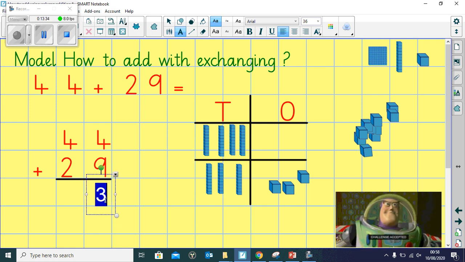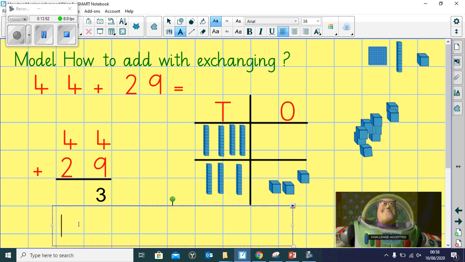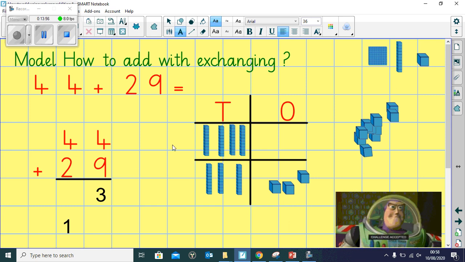But I need to show that I have made an exchange. I've exchanged my 10 ones for 1 ten. To show that, I'm going to then place my 1 underneath, and now I'm going to move on to add